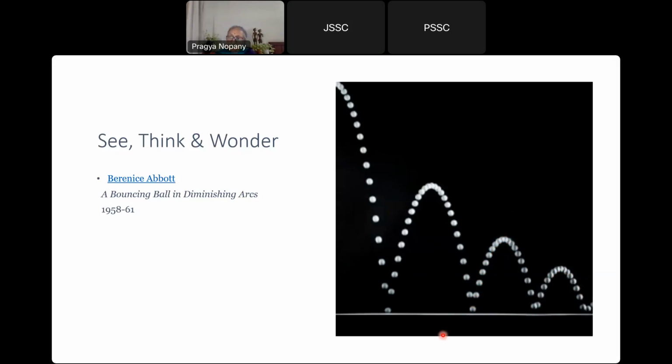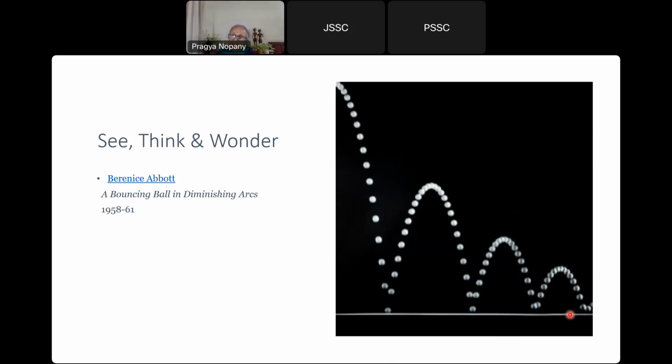But now I am thinking that this might be a ball which has been dropped from some height, and that is why the height is reducing, because it is bouncing. So the question in my mind that came was, why is the height reducing? And then I thought that maybe it is a ball which is dropped from a height, and it is rebounding, and the maximum height to which it rebounds is decreasing.